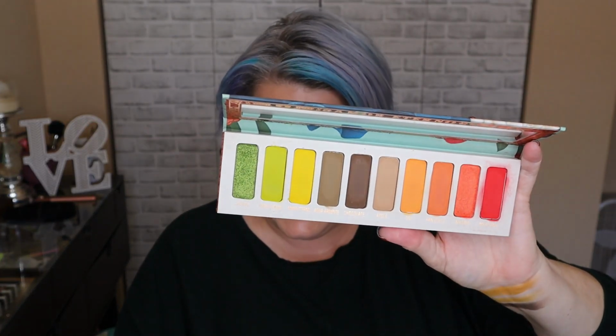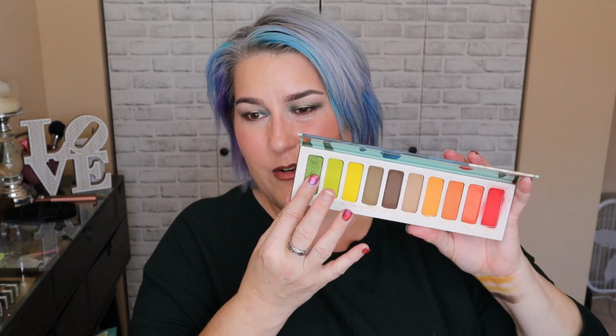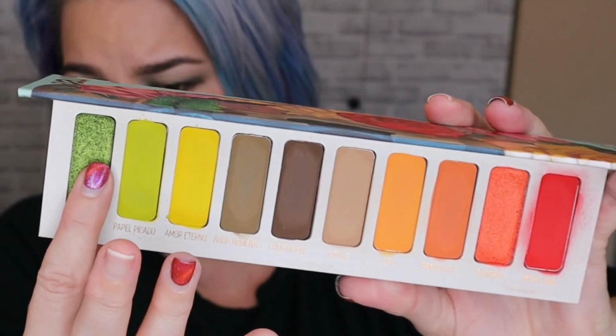But at the end of the day, I did pick two different shadows for a favorite. The favorites for me were Mexicana, this red here, which is a fantastic red, and then Serape, which is the green shimmer. I can't tell you which one is my favorite, except that if it's a green, it's a green. So I am going to swatch this one, and I think you will see that when I swatch, I'm pressing my finger in as opposed to dragging, because the drag is going to cause it to be a little bit more crumbly. I really do feel like it's been that way since I got the palette, not because of its age. This is an elder in my makeup collection. If I am honest, it has been in my collection for quite some time, but it is just a stunning